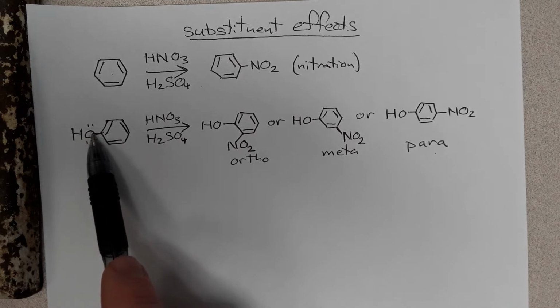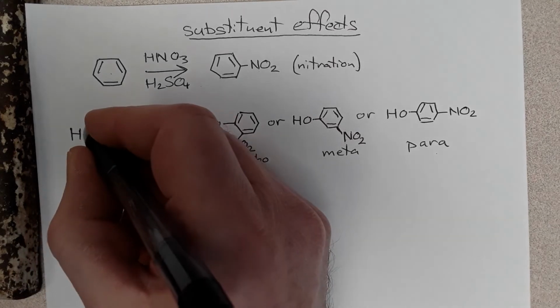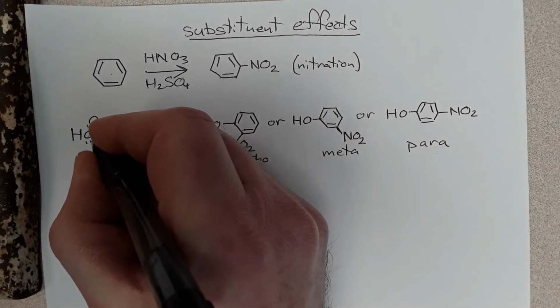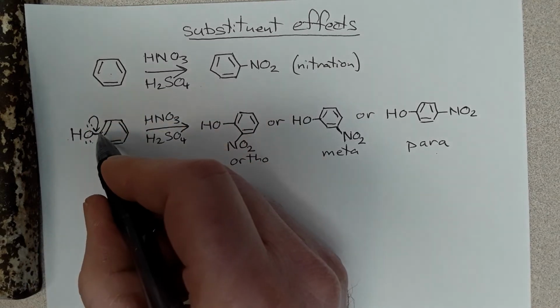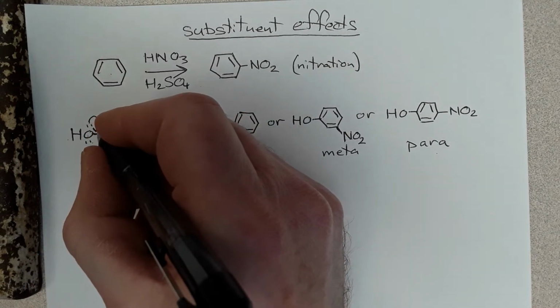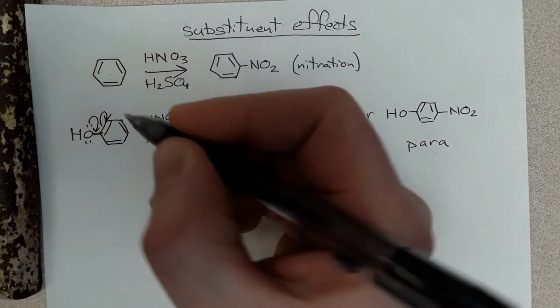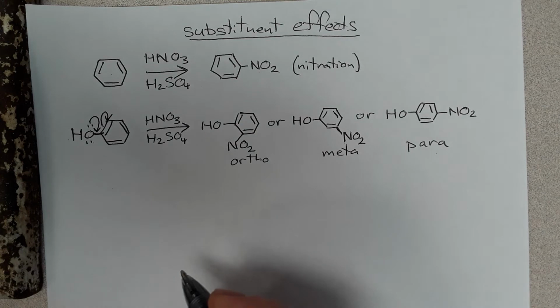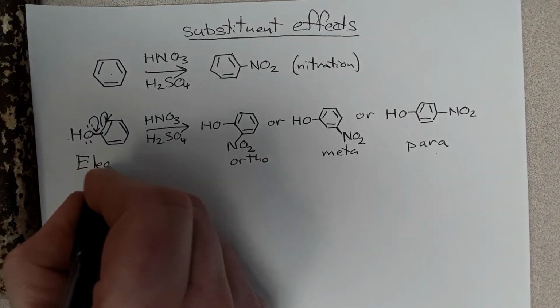If you have a group that has lone pairs on the first atom, then that group is an electron donating group, and we can draw resonance where we are taking one of these lone pairs and dumping it in there and making a pi bond, which would then make 5 bonds to carbon, and we would have to kick out the pi bond that's there and dump it somewhere else. So this is an electron donating group,